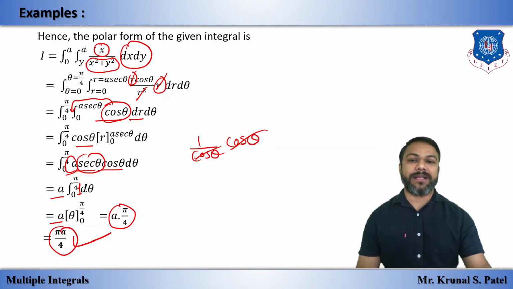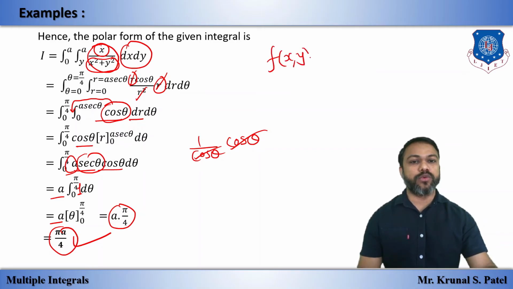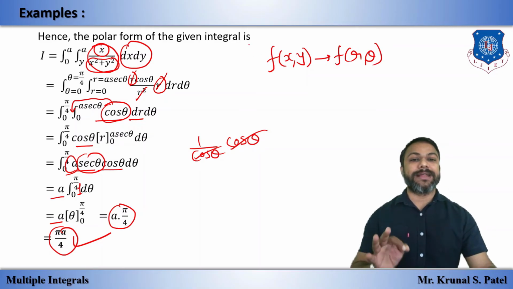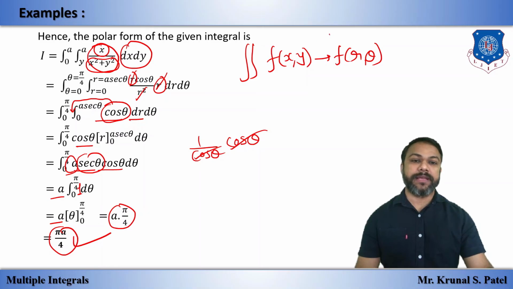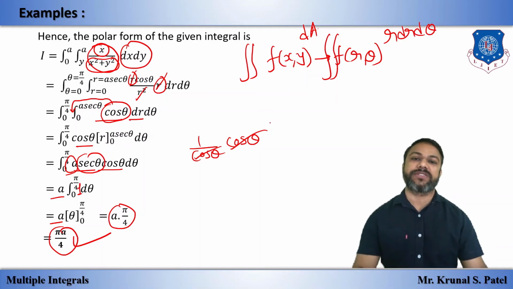Okay, and by converting the remaining function by putting x is equal to r cos theta and y is equal to r sin theta, we can reduce that f of x y function into f of r theta. Okay, and then the last task is to find the limit in polar form here. And we know that dx dy, that means we can say dA, converts into r dr d theta in polar coordinates. This is fixed.